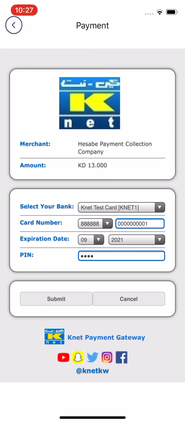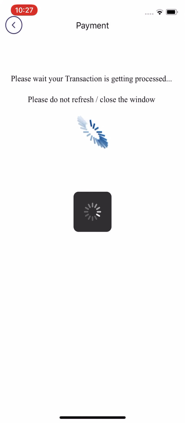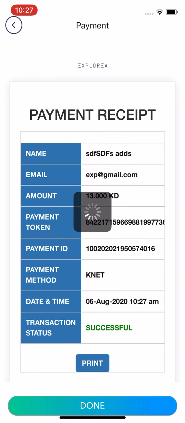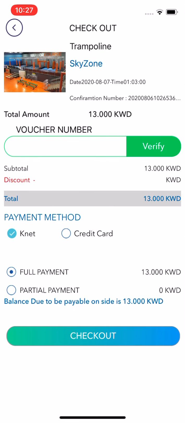Done. Submit. Confirm. Successful. Okay, payment received. By mistake I clicked on print, that is why it is showing this one.